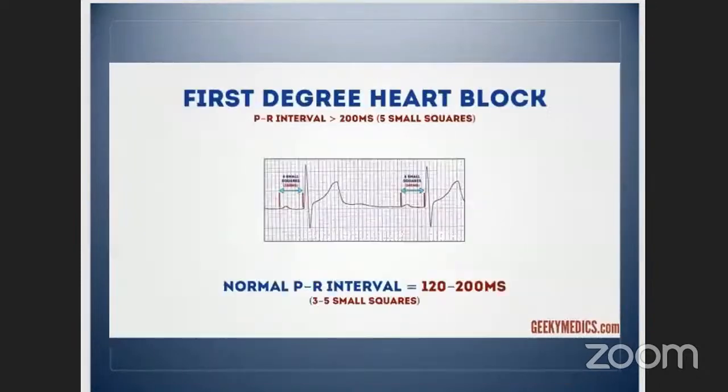Similarly, a second degree heart block, which is the Wenckebach, so we would know that as the type 1, Mobitz type 1 heart block, where there's a gradual widening of the PR segment, then we know that to be physiological. So it would be a small PR interval, and then as it increases, finally the conduction would not conduct through the AV node, and that's physiological. But then in the Mobitz 2, where there's a sort of fixed splitting and then no conduction, that is considered a high-grade block, and that person should be referred to cardiology.